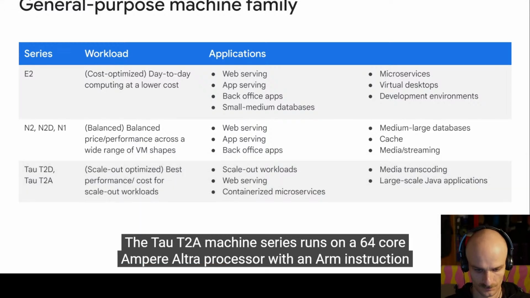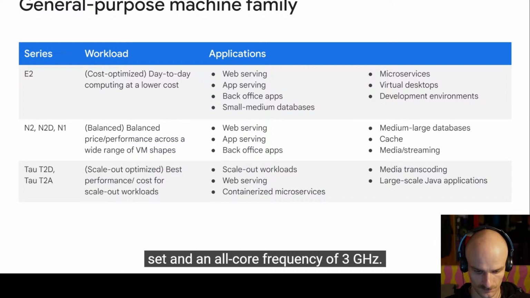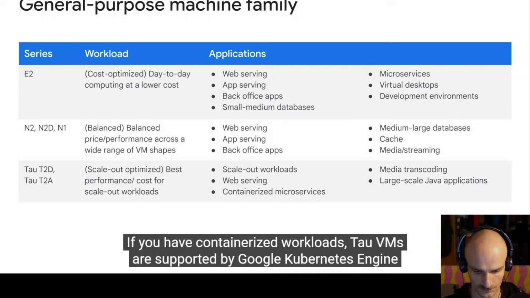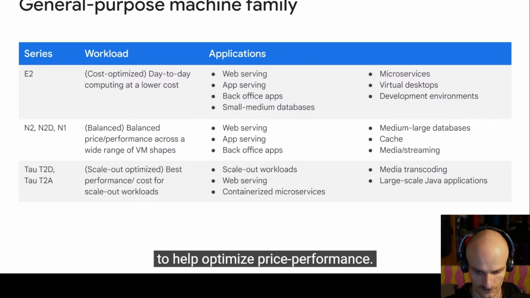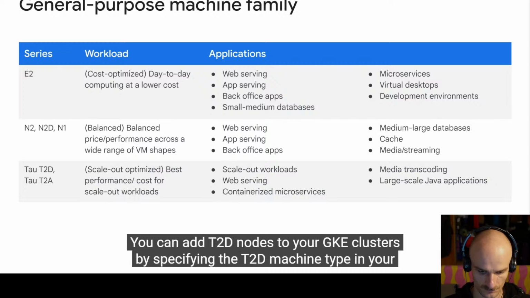The Tau T2A machine series runs on a 64-core Ampere Ultra processor with an ARM instruction set and an all-core frequency of 3 GHz. If you have containerized workloads, Tau VMs are supported by Google Kubernetes Engine to help optimize price performance. You can add T2D nodes to your GKE clusters by specifying the T2D machine type in your GKE